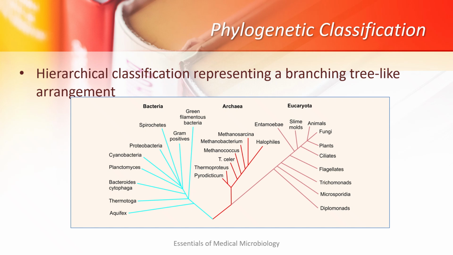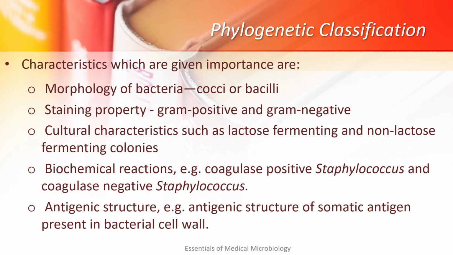Can you see here a branching tree-like arrangement? We differentiate it into bacteria, archaea and eukaryote, and we are given some examples of bacteria, some examples of archaea and a few examples of eukaryote. Okay, then coming to phenetic classification, the characteristics which are given importance are the morphology of bacteria, whether it is a cocci